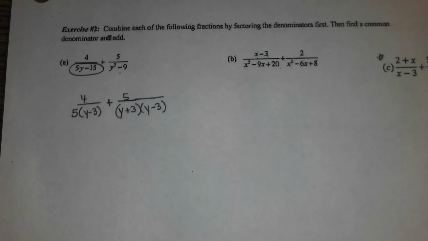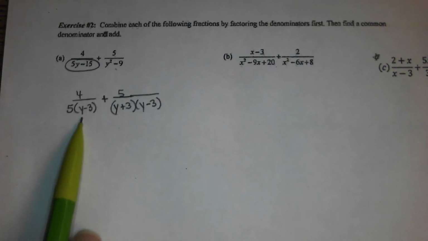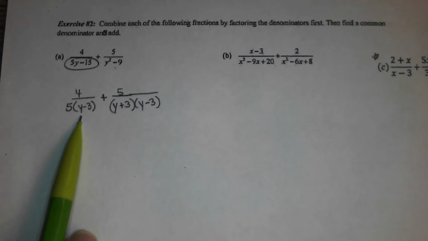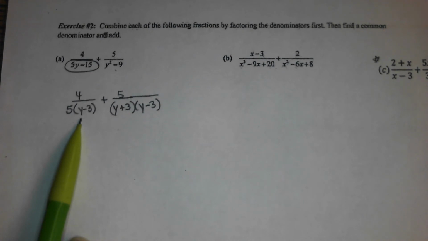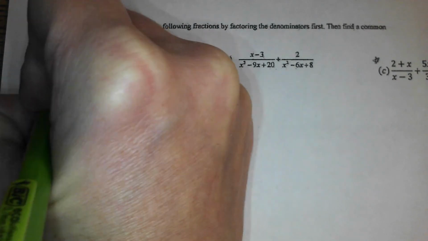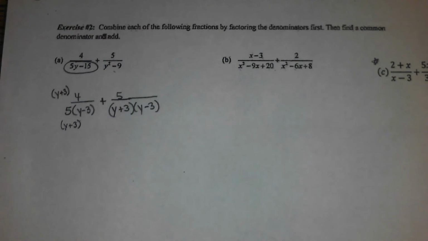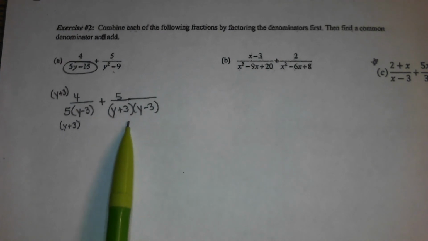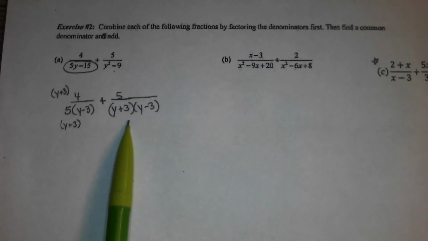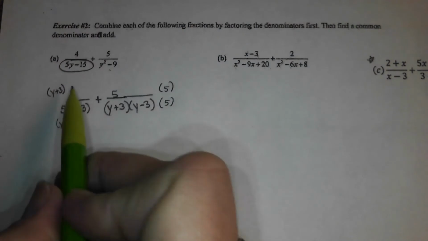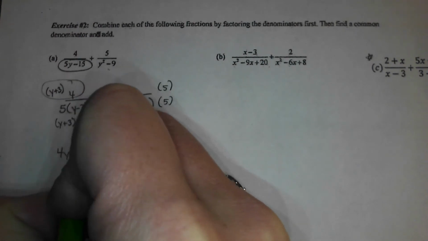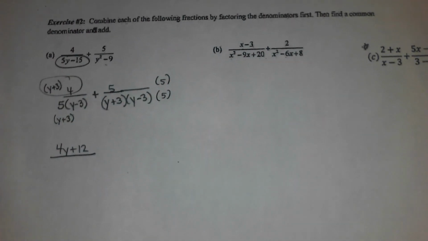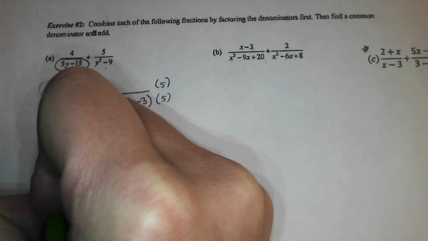So they're already a match as far as the y minus 3 is concerned. What does this denominator need that the other one already has? y plus 3. So this one needs a y plus 3. And what does this denominator need that the other one already has? A 5. So this numerator becomes 4y plus 12 over, and yes, this is a long denominator, 5, y minus 3, y plus 3,